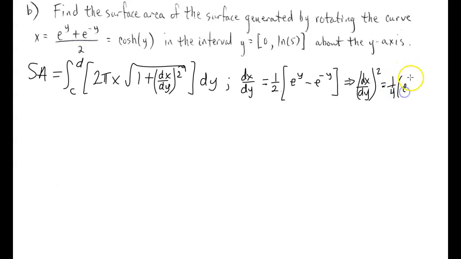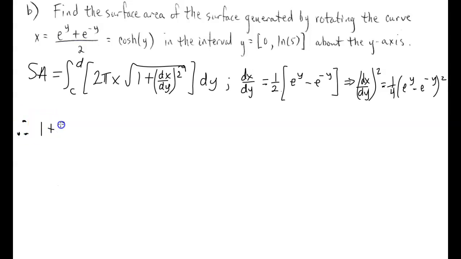And we would also have e to the y minus e to the negative y quantity squared. Okay. And so now we need to figure out what that is actually going to look like here. All right, so the next thing that we'll do, since we have to multiply this out, is we'll go ahead and figure out what this entire radicand is going to be, and then take the square root of it. So we'll say, therefore,